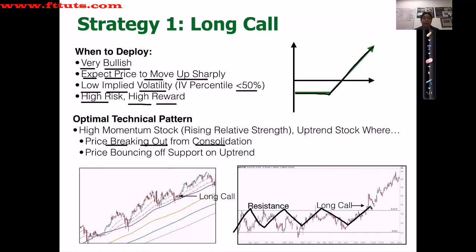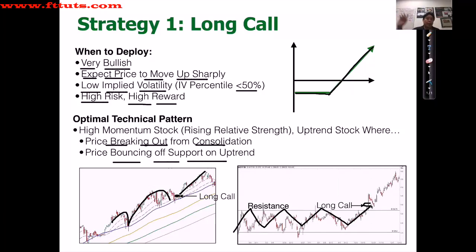Or when the price is on an uptrend and is bouncing off a support level, usually bouncing off a moving average. So in this case, you can see the stock is on a clear uptrend and it's bouncing off the 50 moving average. And right as it bounces, we want to buy that call to catch the next move up. In this case, we want to buy the call as it breaks out of the resistance and